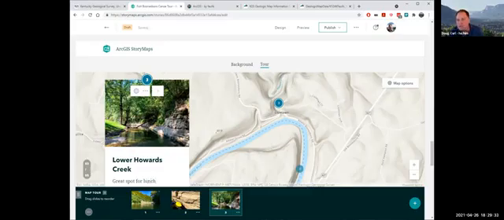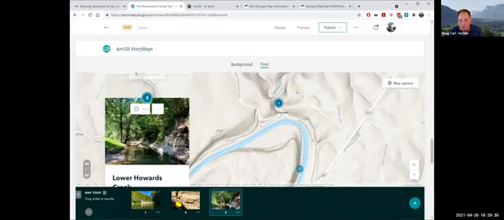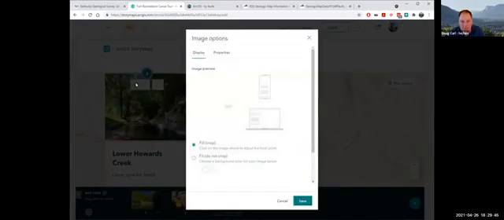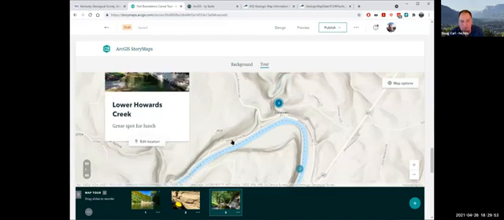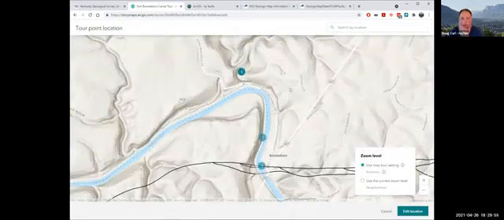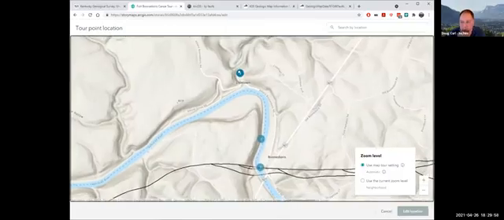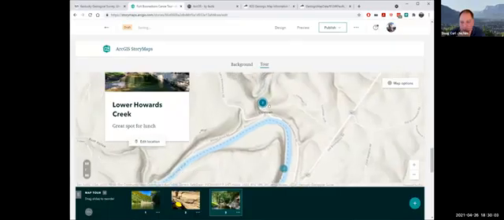So, yay. And then I can add many more points, but say that's not exactly where it goes, my iPhone didn't do a great job of locating that. I can replace the image. I can't remember how to do this. Oh yeah, edit location. So, I'm not super happy with where it put that. So I can edit this location. And I can't remember. Sorry, dogs having FOMO with other dogs outside.